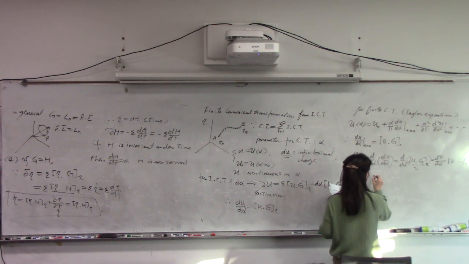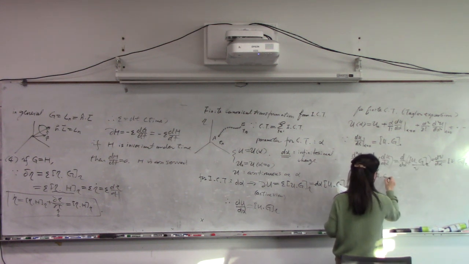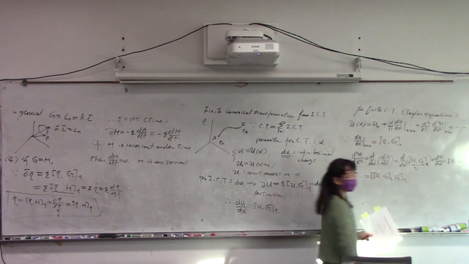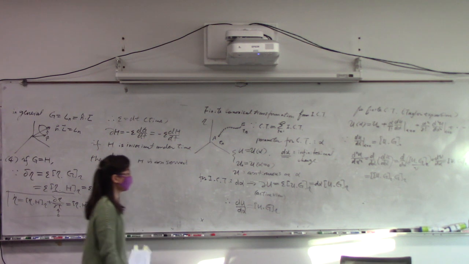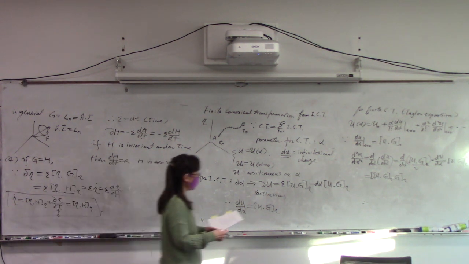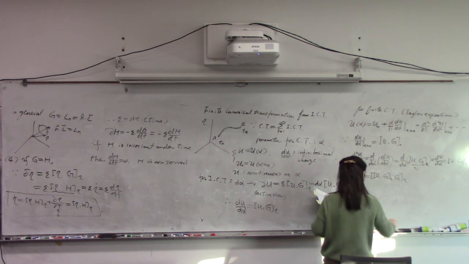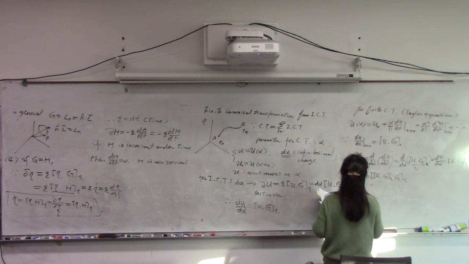And then v itself is the Poisson bracket of u and g. So this is the second order derivative. Then do the same thing. Similar for the others, right? So now we have